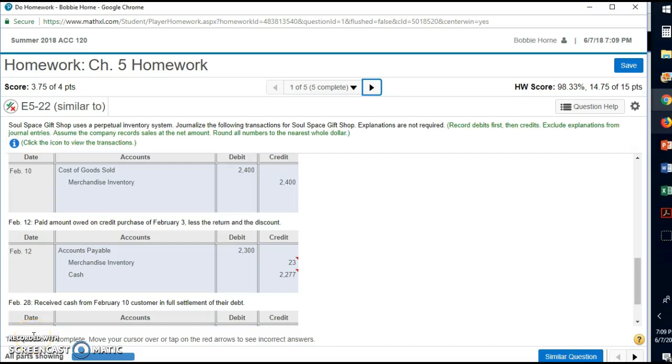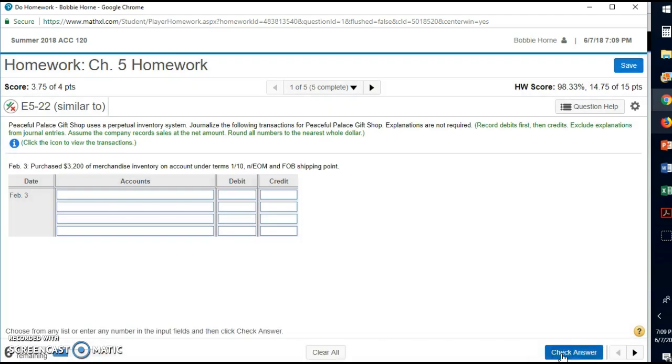Okay, this is chapter 5, homework question number 1, and I am going to rework this and go through the steps. On February 3rd, we purchased $3,200 of merchandise inventory on account under terms 1/10, so a 1% discount if we pay